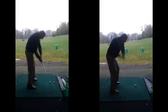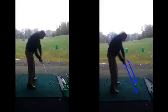As we can see, your checkpoint for me really about this point, as long as the shaft here is left of the golf ball as we're looking back at the camera, that for me is sufficient. It's not coming way outside, i.e. the shaft way out here somewhere, causing you a real big over the top. So at the moment it's a bit more out to in than we possibly like, but I think with a